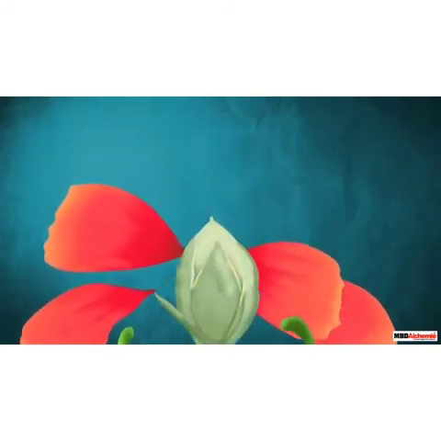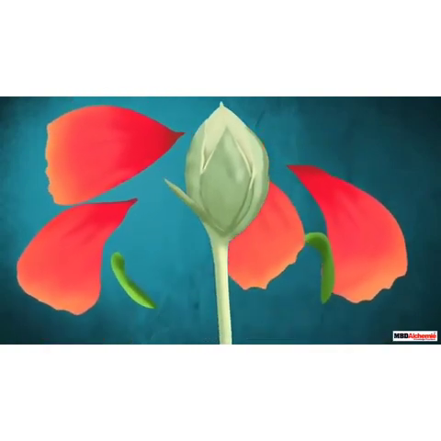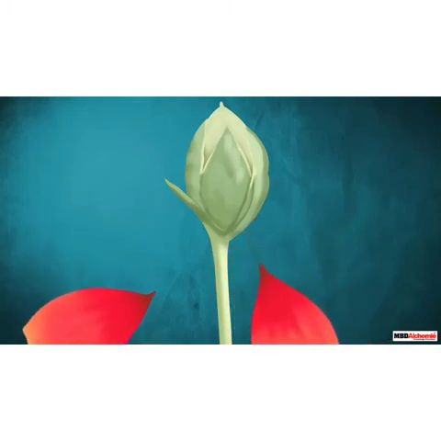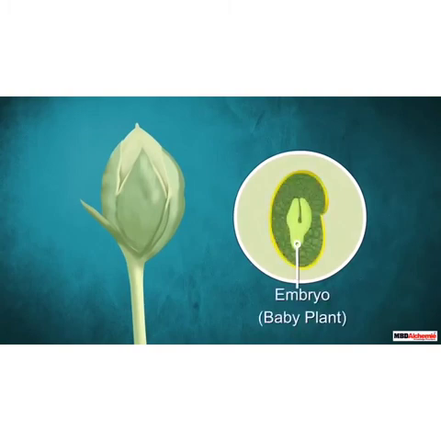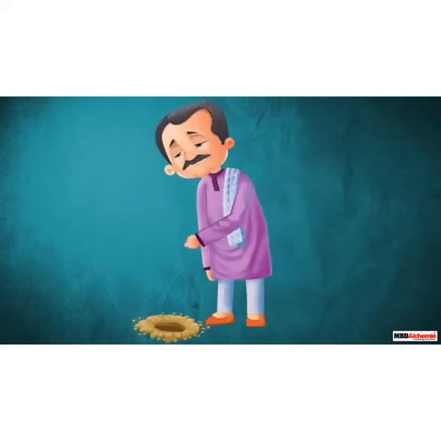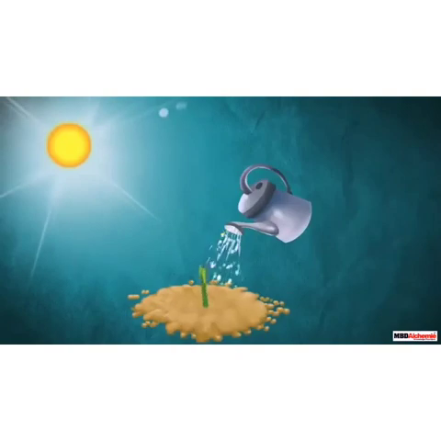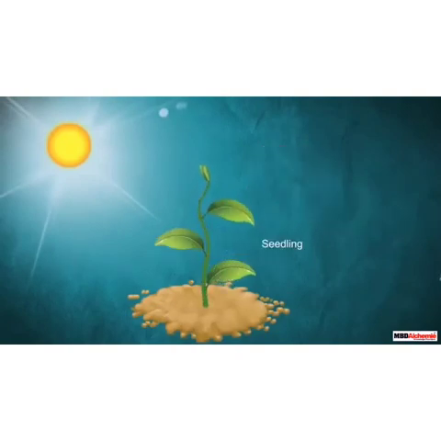After the formation of the fruit, because the ovary is turning into the fruit and ovules are changing into the seed, the other accessory parts such as sepals and petals wither, leaving the seed. The seed is dispersed by different agents, having an embryo or baby plant. The farmers, when they sow the seeds, they develop and form